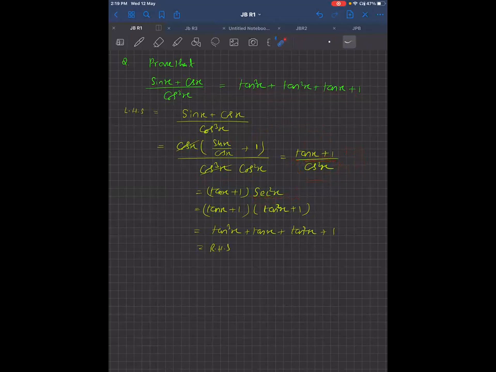Sec square. Now we want only in terms of tan, so write sec square also in terms of tan. Now multiply, we are getting the answer. Simple way. There is nothing. Even by seeing this answer, you can understand. Thus we are taking common cos x, cos x out of the bracket. It means we are taking common.